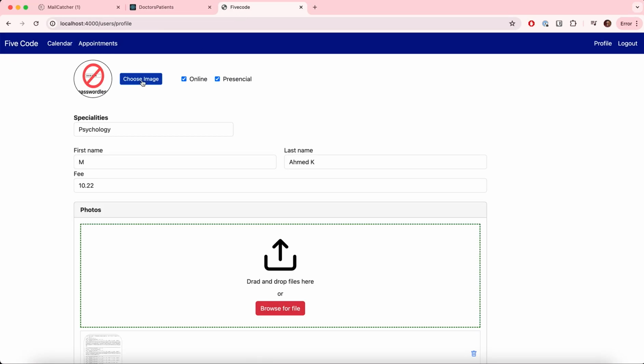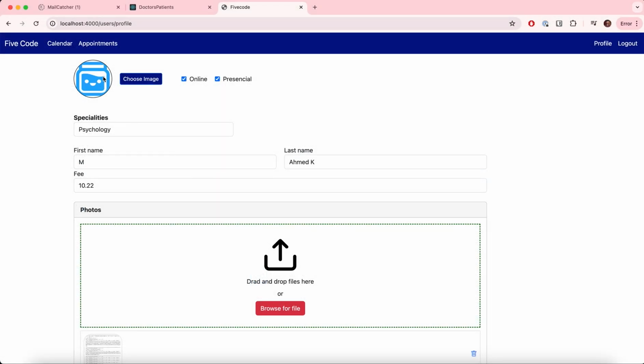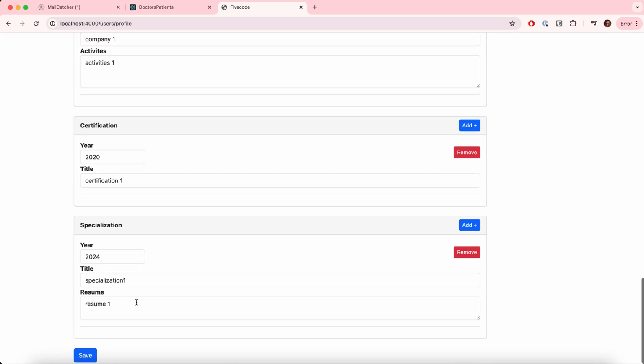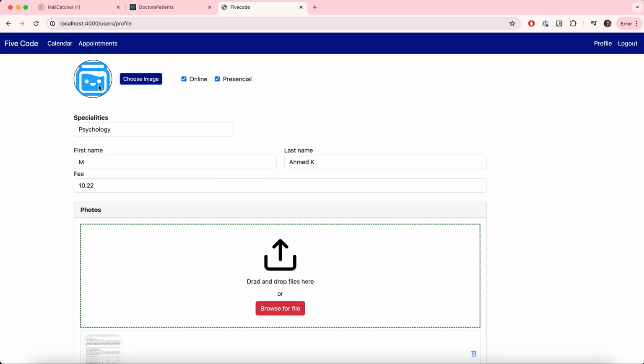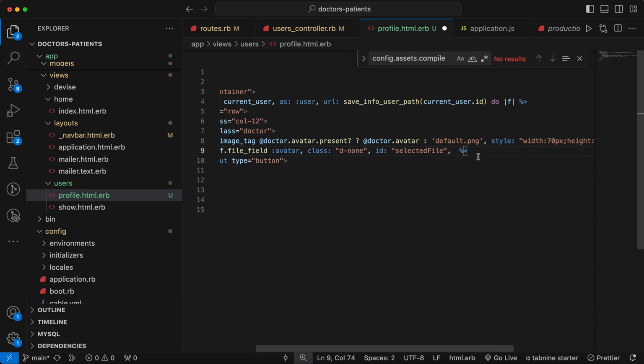And then here you can also see that if I choose an image and select this image, it appears right away so the user can see that this image is changed, but it will save when the user saves the form. This is only to show the user that you selected this image. So let's add that feature, and here we can add an onchange event, right? And then call a method of readURL, and then here we have to pass this current element. So based on that we can set the value,